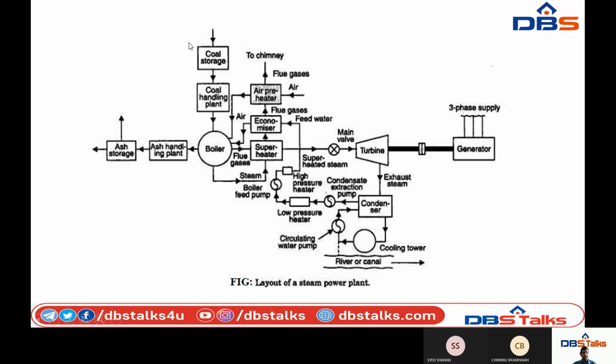First of all, the coal and ash circuit. What is the coal and ash circuit? In the coal and ash circuit, coal is delivered from coal storage. After that, through particular coal handling equipment, it is supplied to the boiler for firing, that means for combustion. After combustion, the unburned gases or completed products, the ash products, are collected in the backside of the boiler.